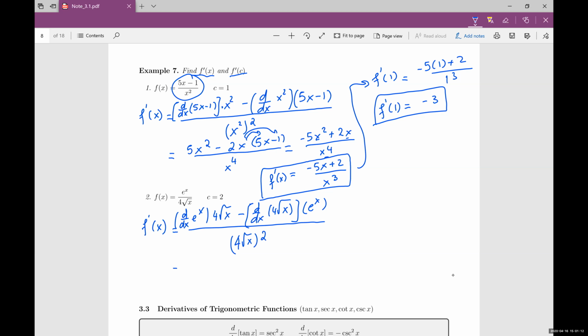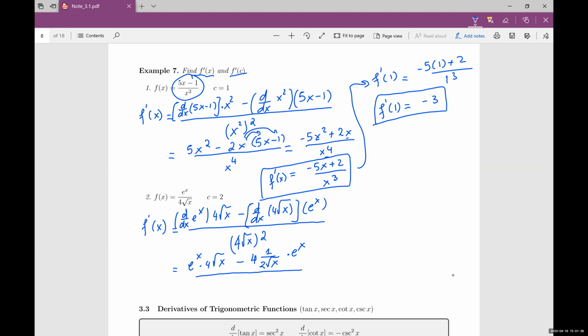So that will give you the derivative of e to the x, which is just e to the x, times 4 square root of x, minus 4, which is the constant multiple rule, and the derivative of square root of x is 1 over 2 square root of x by the basic rules. This square root of x is one of the basic functions, and multiply that by e to the x, divided by